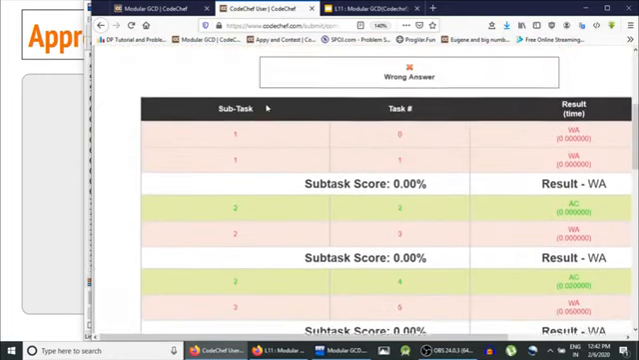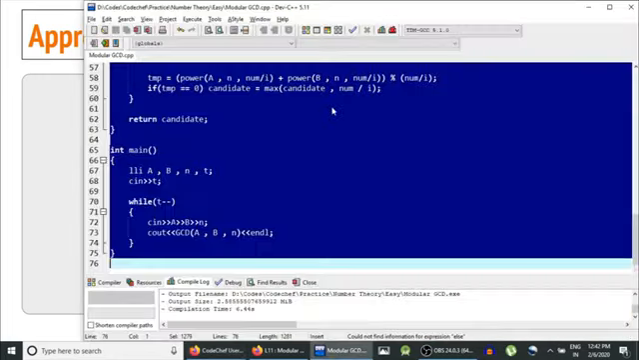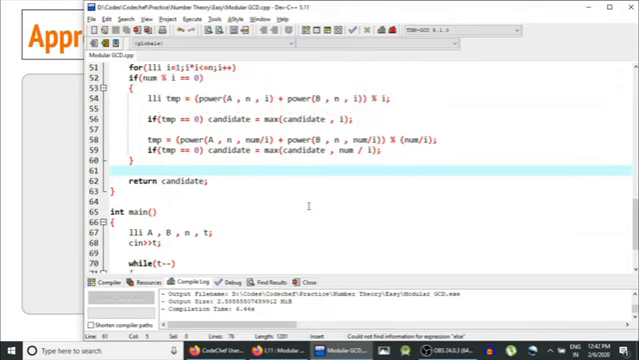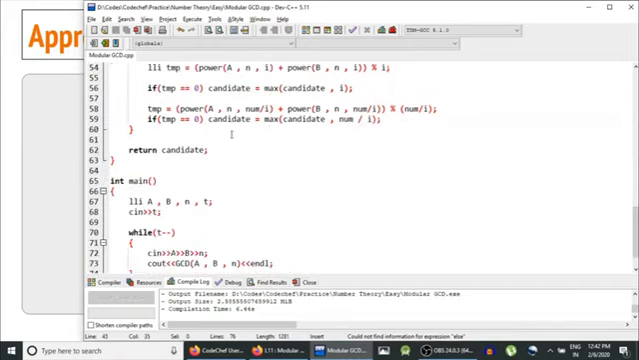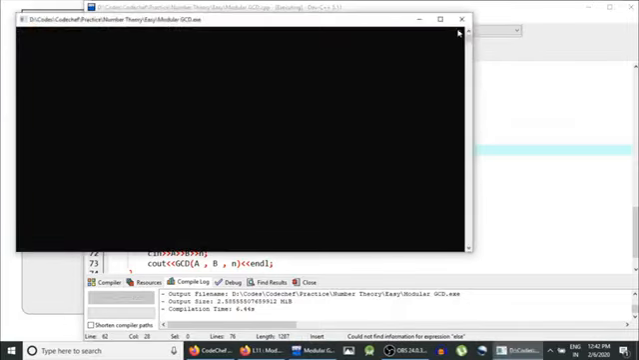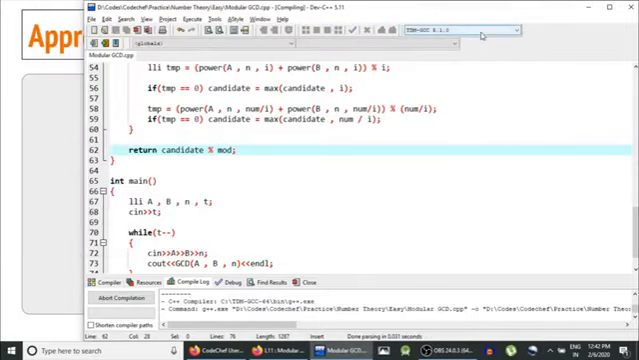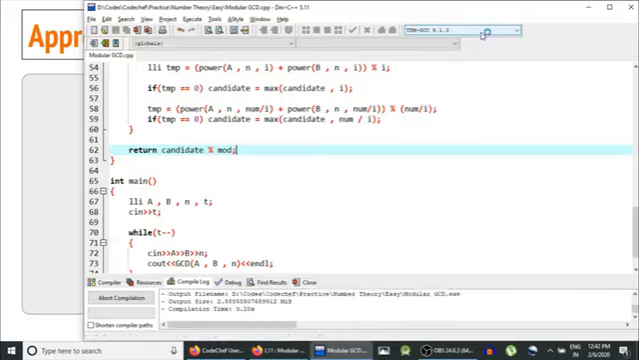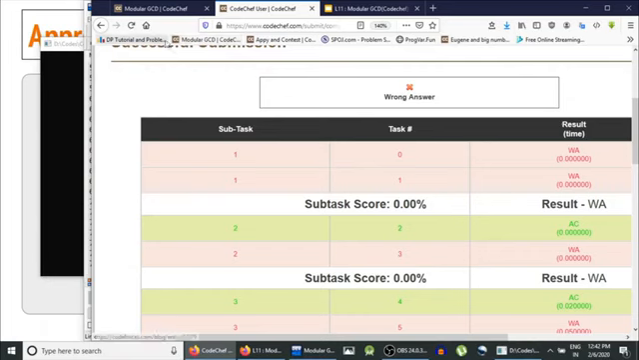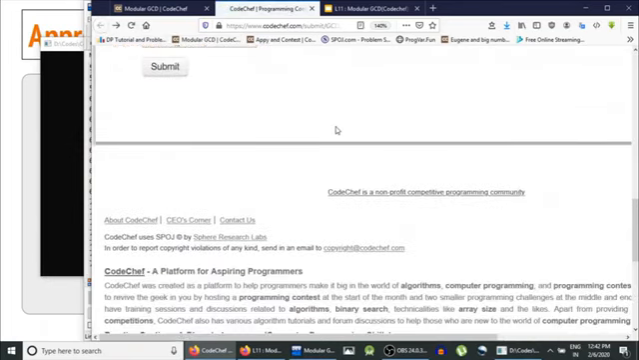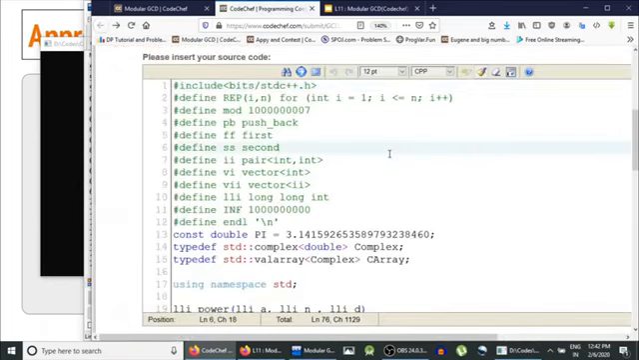See, wrong, there are some errors. I was just worried about it. So if a is equal to b, we have to return a raised to power n modulo 10. Oh, sorry, final candidate modulo 10 to the power 9 plus 7, because the question already says that you have to return the result modulo 10 to the power 9 plus 7, and that is what we were forgetting here. So we would take it modulo 10 to the power 9 plus 7 and then finally submit,